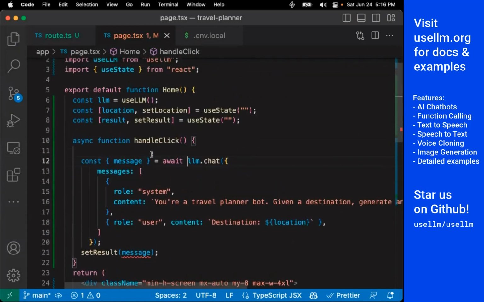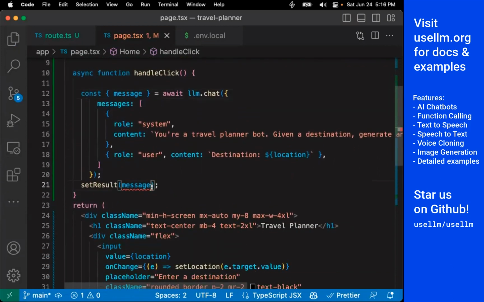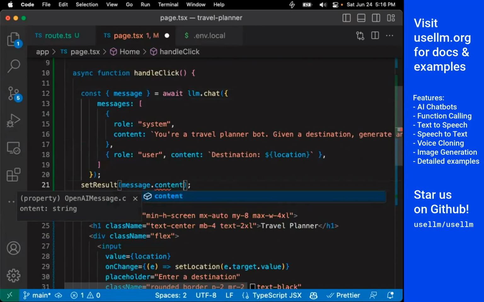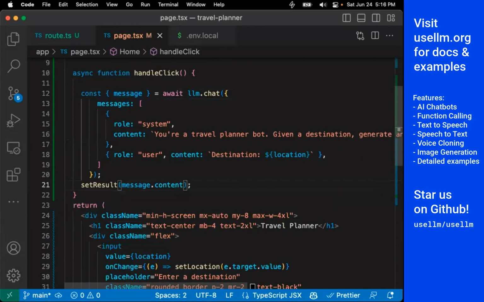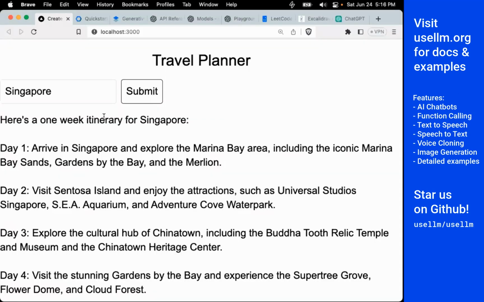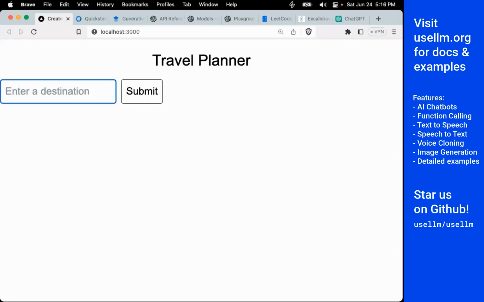And set result, message.content. Yeah. So the message is going to have a role, and the message is going to have a content. So I'm just going to set the message content here. So once again, now if I type, let's say Bangalore,